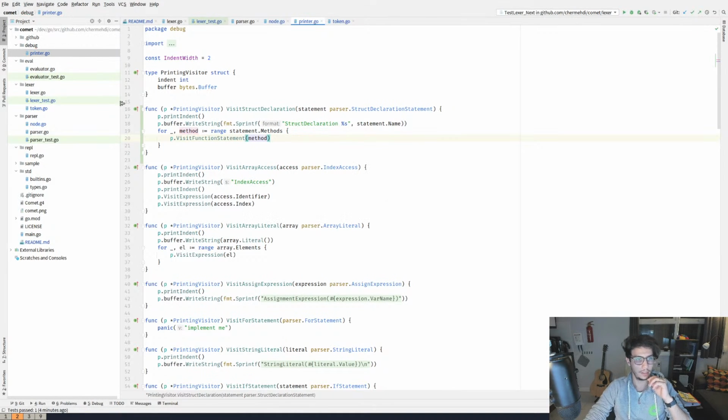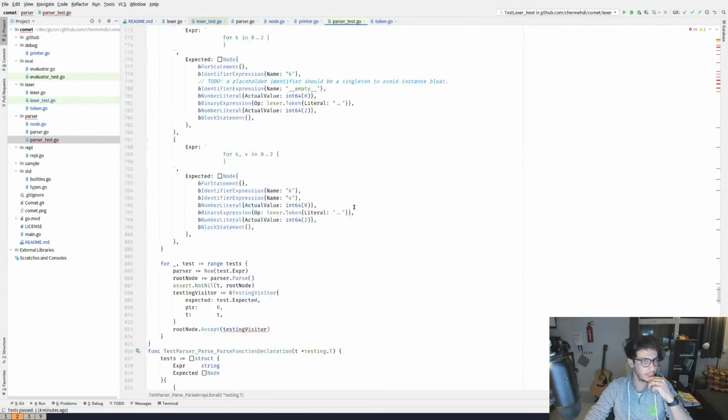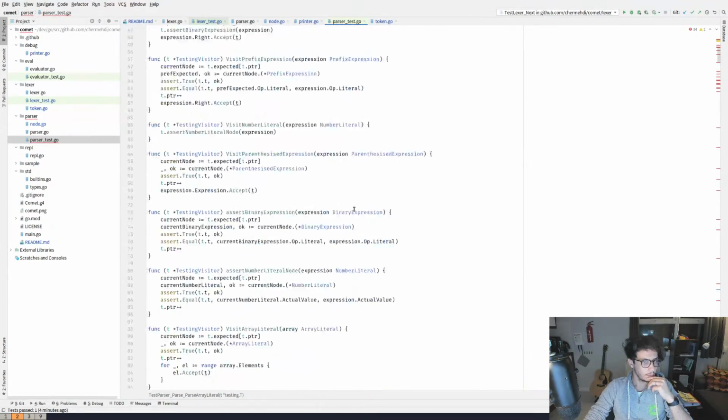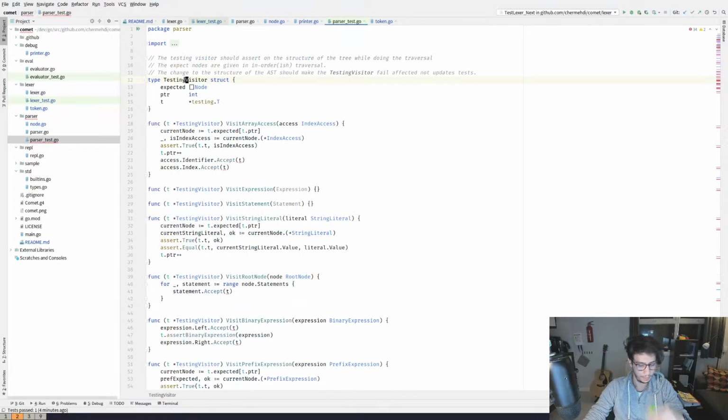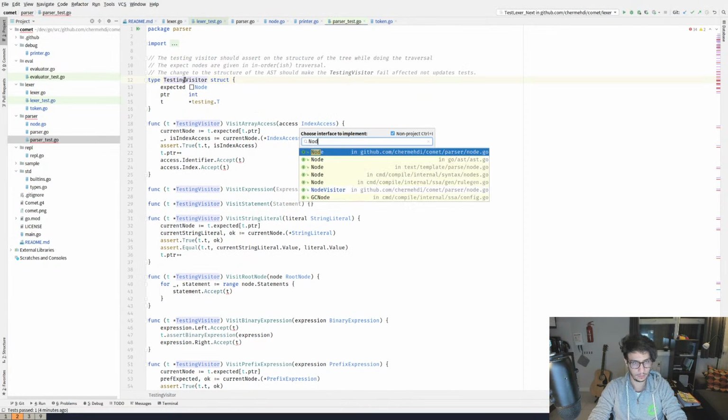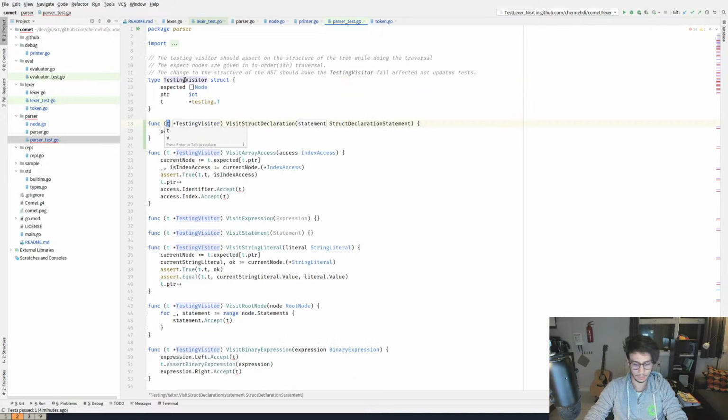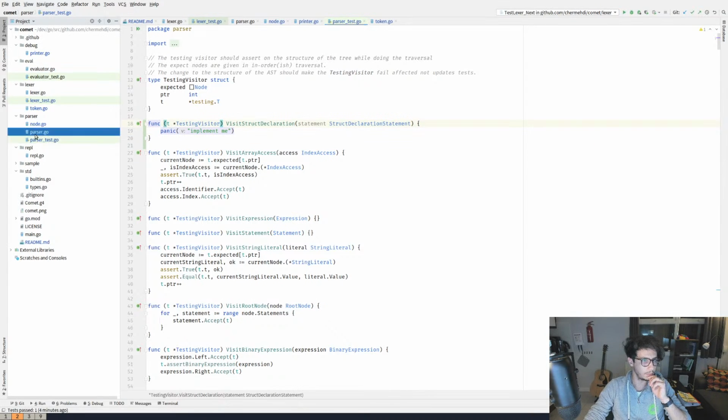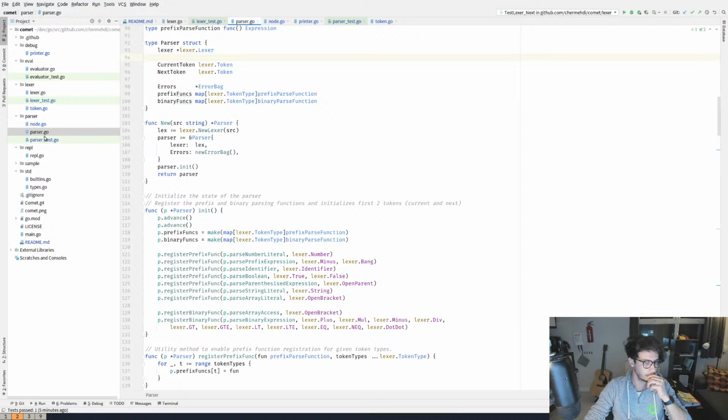Yeah, that's it for this one. For the test, I guess it's going to be trickier, so I'll leave the implementation empty for now. I'll let it panic.